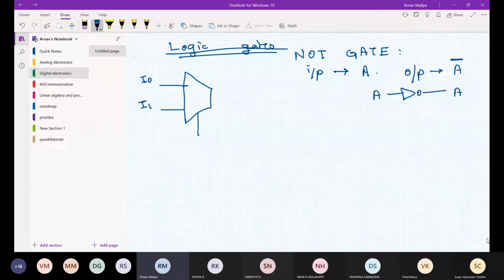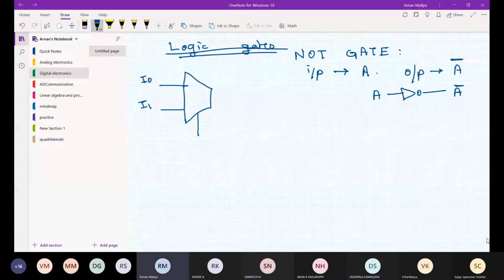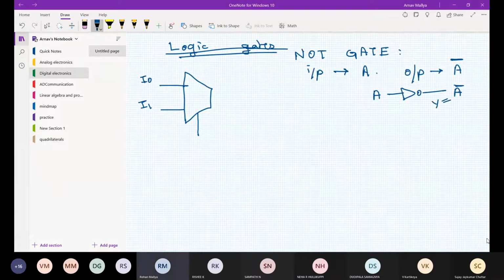So let me call this output Y. Let me take Y over here. Now I need to get A bar as my output.